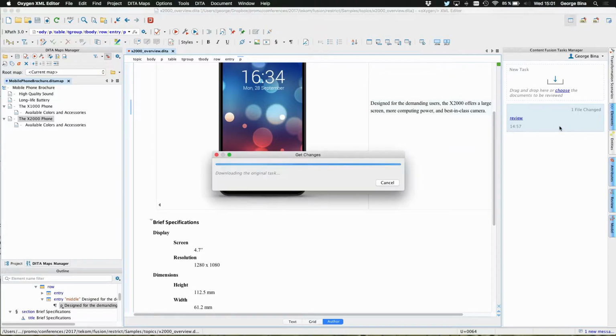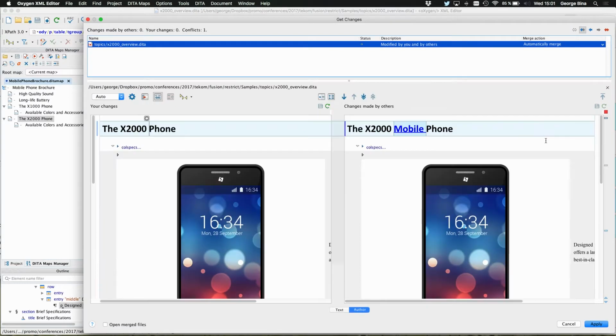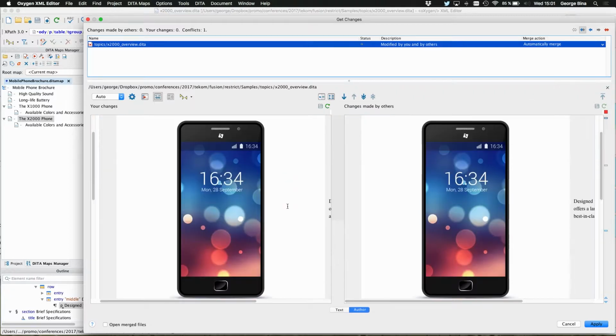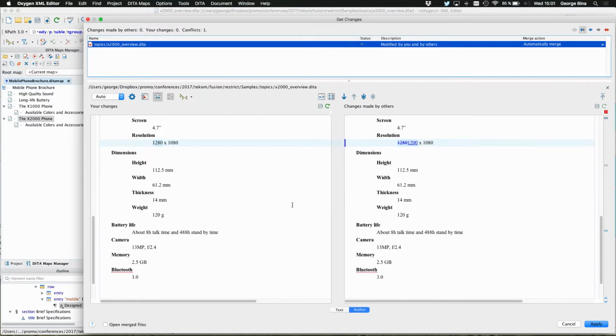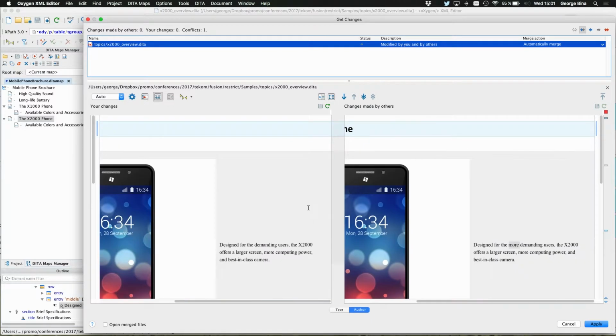If I say get changes, you can see this still says automatically merge. The file can be automatically merged because my changes, let's look, are here. You see this "more", which is missing, but it's in a different part of the document,